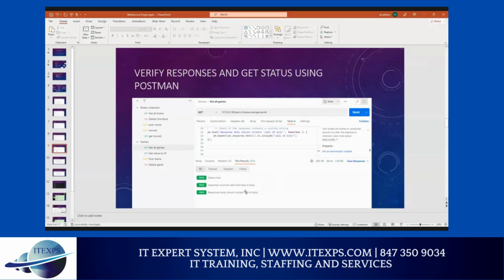a string. We could use text, and as you see here, Call of Duty, and I put it right here, and it should say pass. So this is also a pass. After we're done